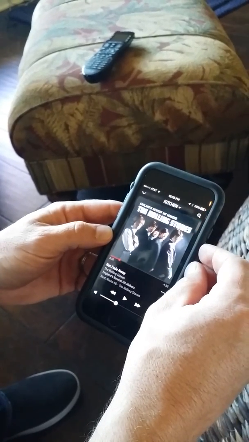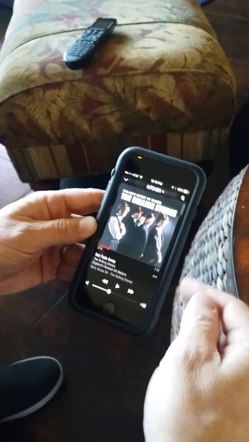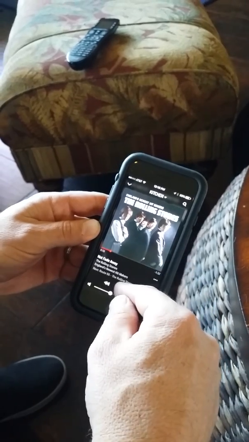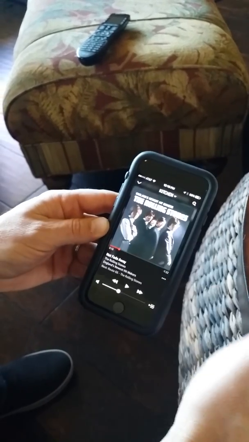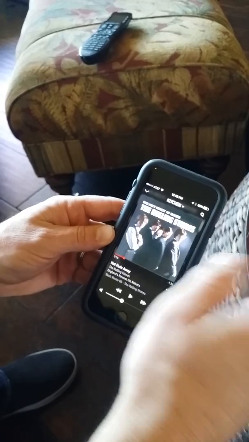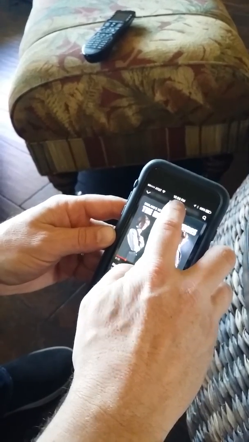To group zones together to play the same thing. Say I want to play this Rolling Stones song, not just in the kitchen, but I want to play it in other rooms. I want to play it everywhere or other rooms. Tap the Rooms button, tap the name of the room,